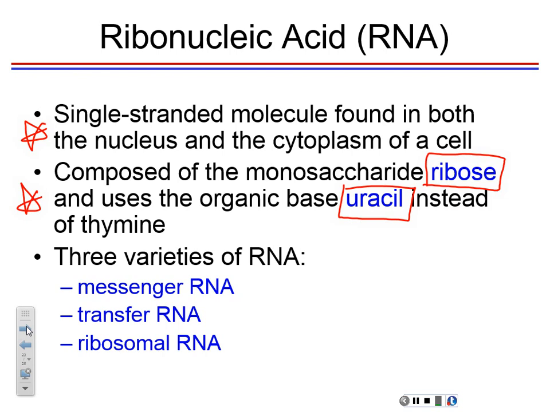Okay. Each 3 base sequence will code for a particular amino acid, one of those 20 we talked about earlier on. Right? So each one will have maybe 3 or different kinds of codons. And each will have its own transfer RNA that will pick up the amino acid, and then drop it in the sequence along the messenger RNA that will match those 3 bases. And then of course ribosomal RNA is found in the cytosol, and usually